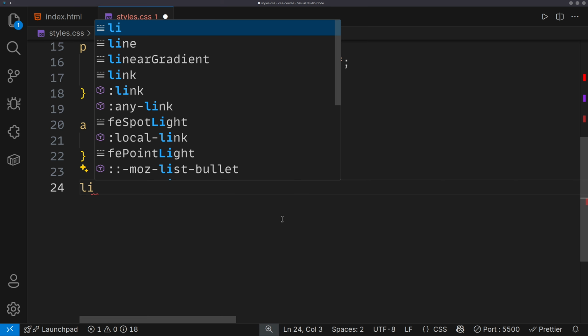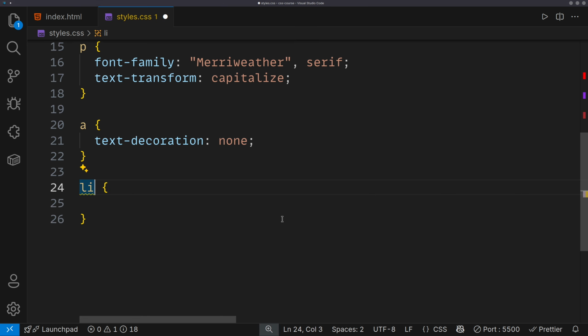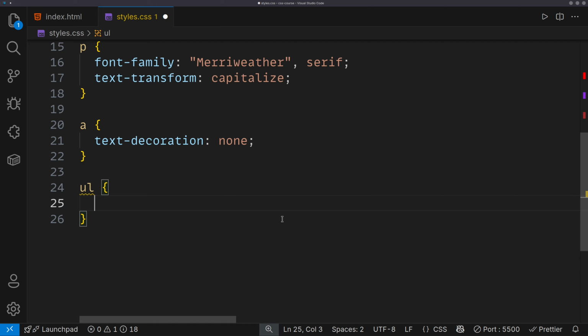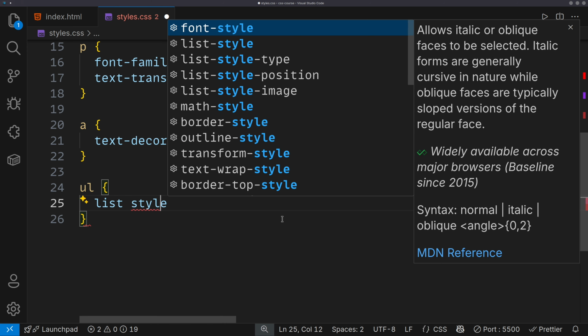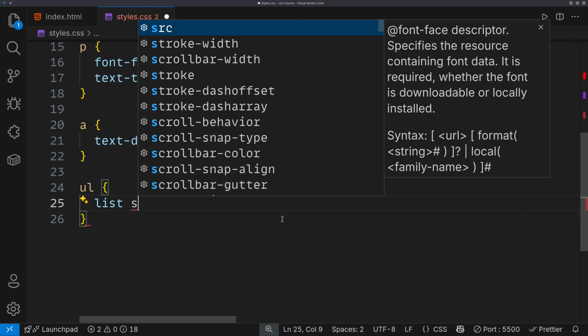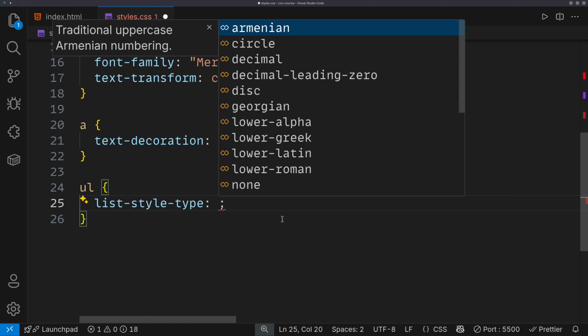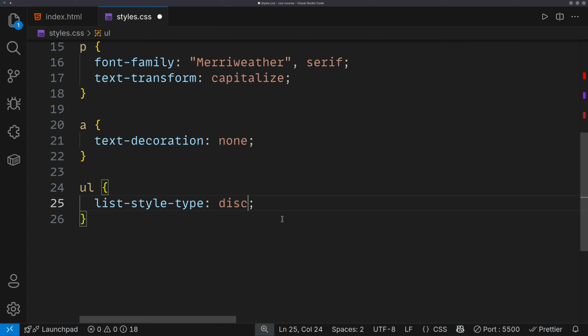Li, and not li, ul. We have to select the ul, and then what we have to do, we have to do list style. Okay, list dash style type, and there are bunch of things here. If you are not seeing this autocomplete, you can press Control and space. So let's do first of all the default one, which is disk,